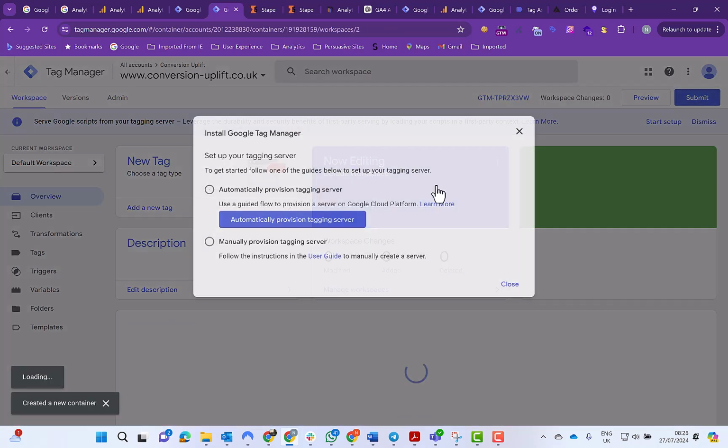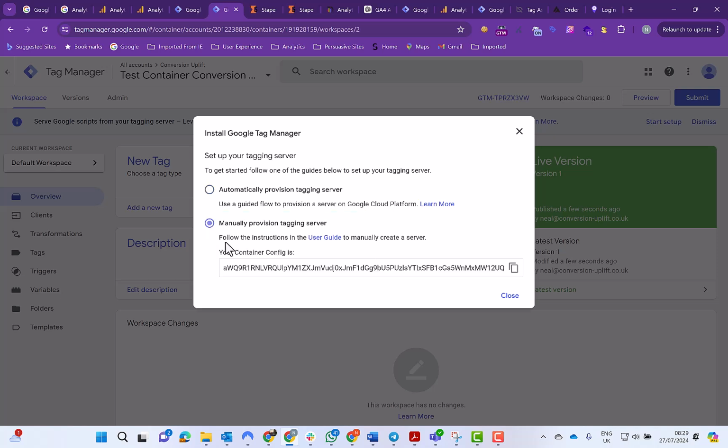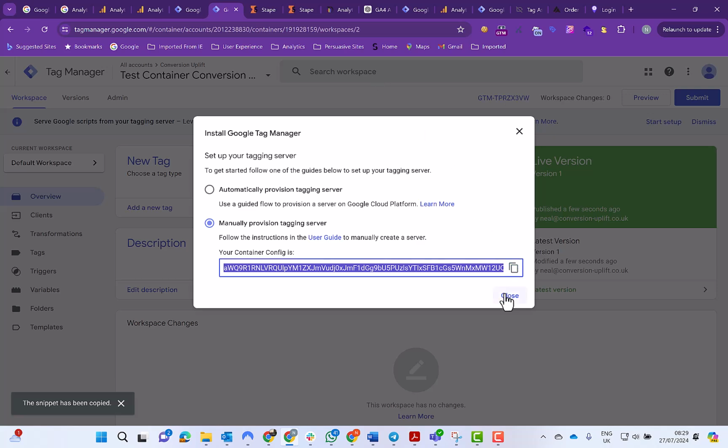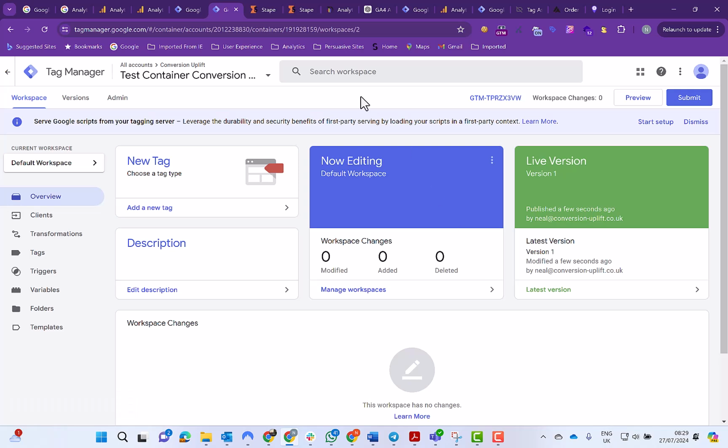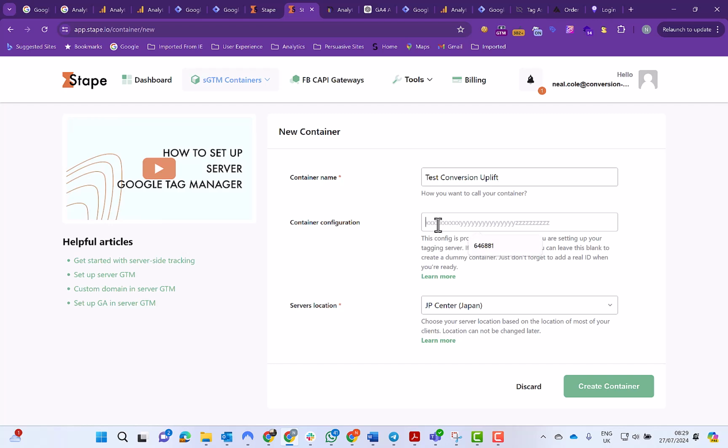Now, the great thing about Stape is it makes it a lot easier to configure the server, because they provide the servers, so you don't need to go through the whole process of setting up a Google Cloud server. So we click on manually provision tagging server, and here is the container config, which is what we need to copy into our container in Stape. So just copy that, close that a second, and then we'll go back to our Stape account, a new container. So here we're going to config,